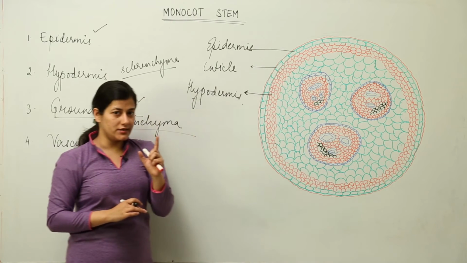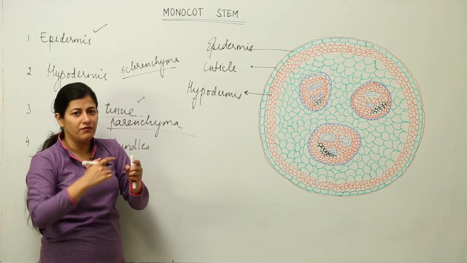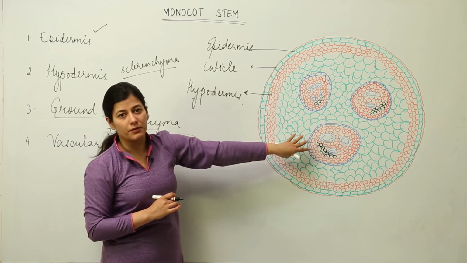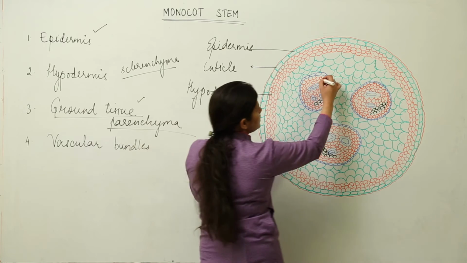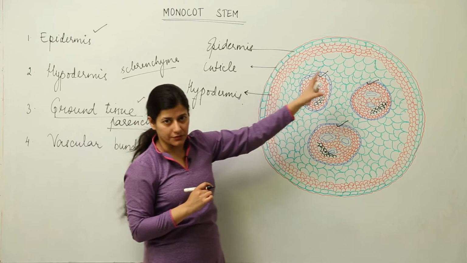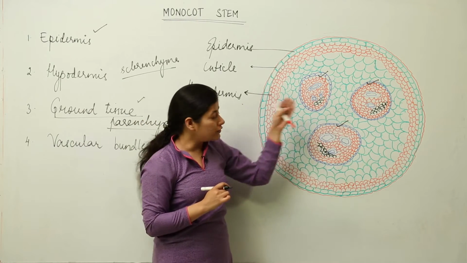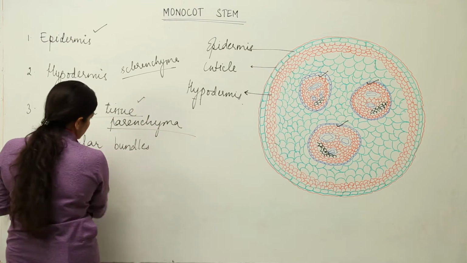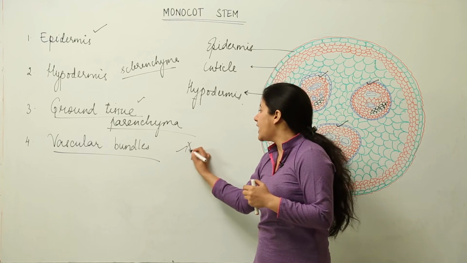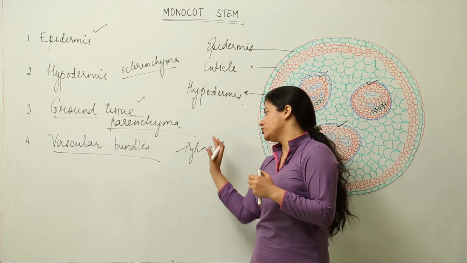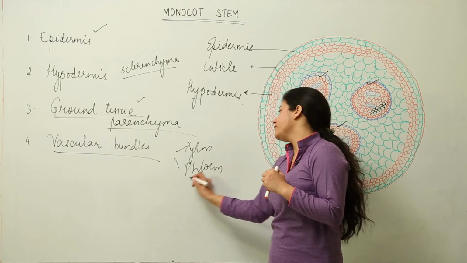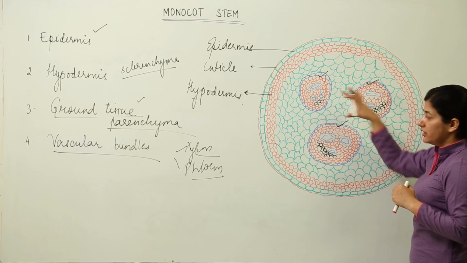Now unlike the dicot stem where the ground tissue was in the form of pith and we had that wavy pattern of vascular bundles, this particular arrangement of vascular bundles which you see over here, these three are the vascular bundles. Now these are the vascular bundles which are scattered inside the ground tissue base. Now this ground tissue was parenchymatous, and now we come to the vascular bundles. Of course, because we are talking about vascular bundles and we had a generalization that it is having xylem and phloem, these vascular bundles would have xylem and phloem, and we have them arranged and scattered in the base of ground tissue.